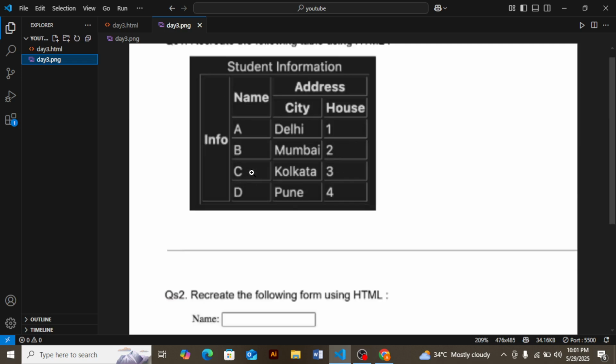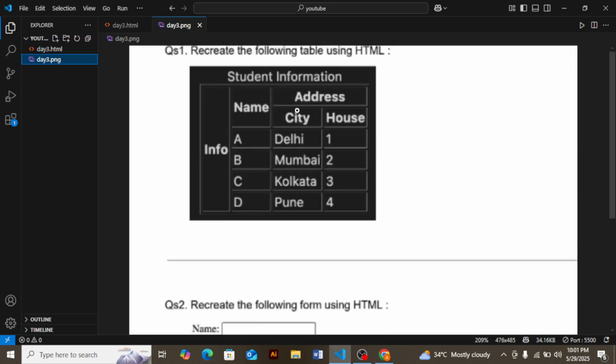Column span means it takes more than one column. In the default case, every entry has one row and one column. So info has 5 row span, meaning it takes the space of 5 rows, and the address has 2 column span, meaning it takes the space of 2 columns. So the name takes the space of 2 rows. We can change it in our HTML.